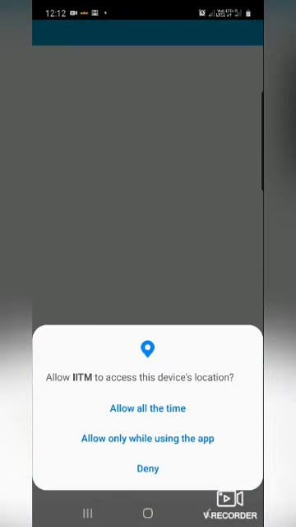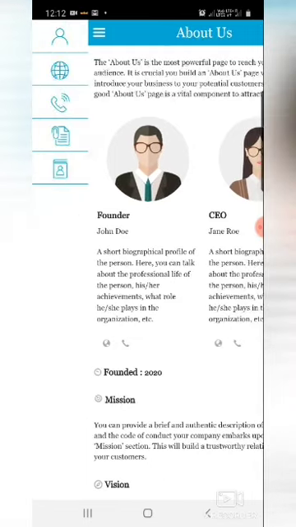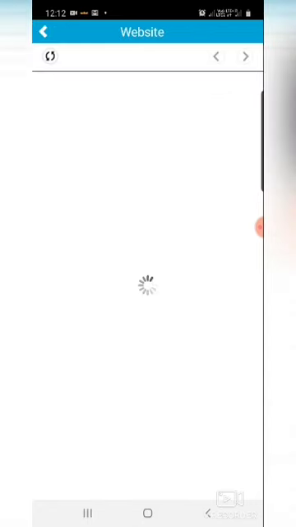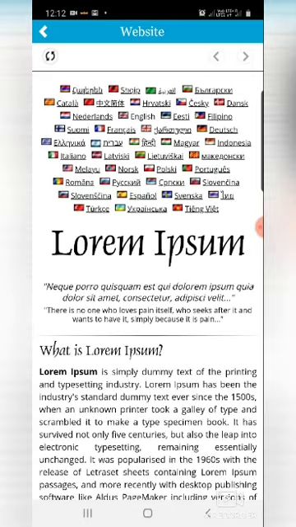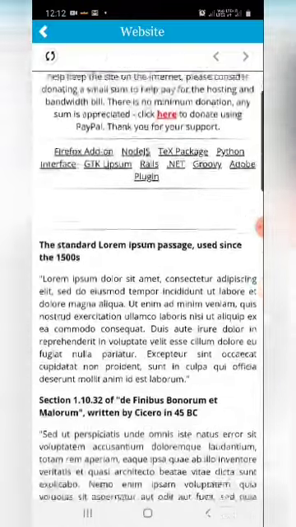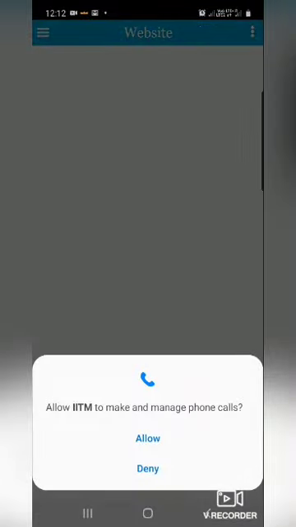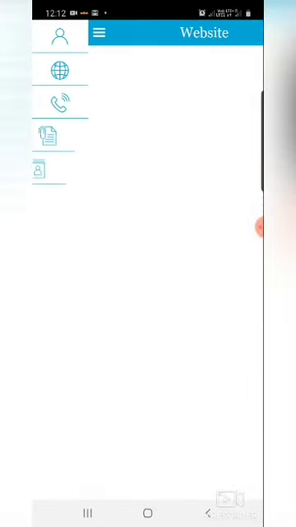Now I can edit it. So this is the application. Here you can change the founder, CEO, mission, vision, about your institute, and you can add the website here. You can insert so much information here, and then you can add your call number. As I'm calling, it's asking me to allow the call to the mobile number, so it will call your number.